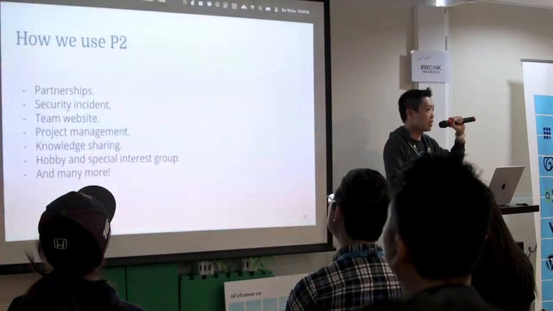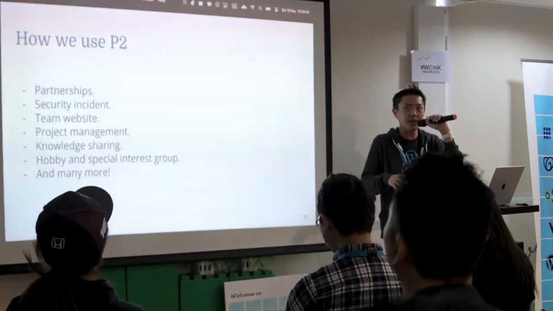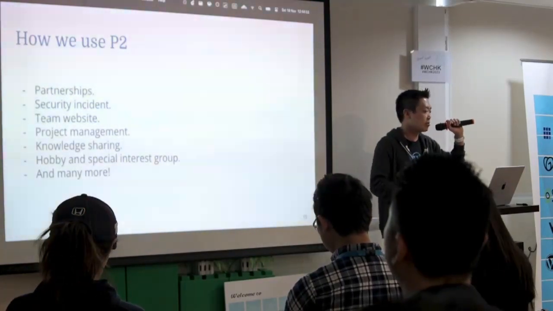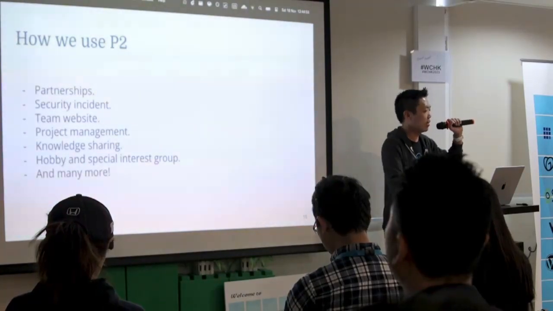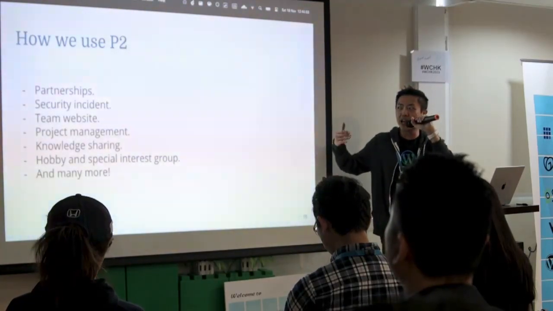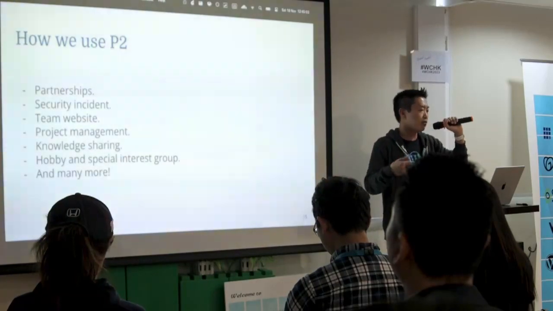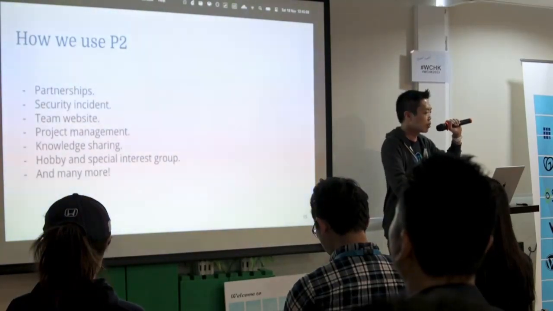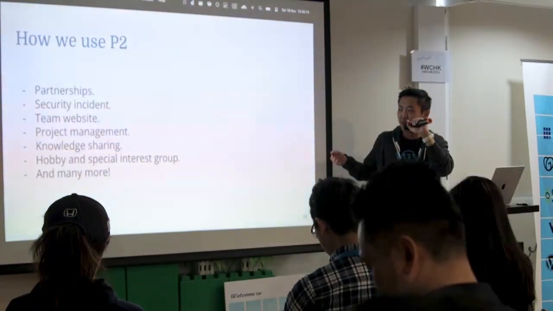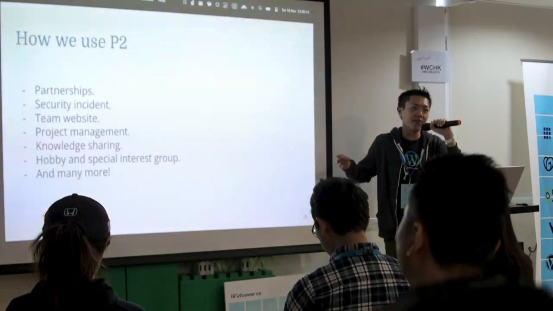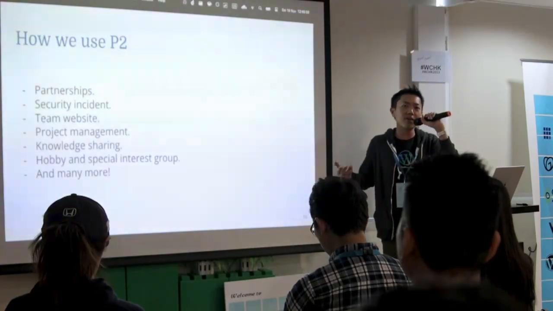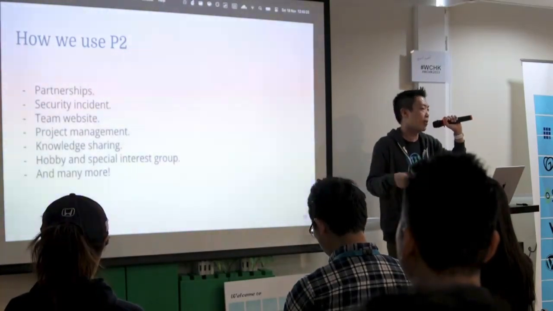Team websites. We have many teams, and each team has their own dedicated P2 site, and that's where the discussion happens. Like, how is your weekly progress? The things happening in the week. Post your status update. Project management: if you have a project, you can have a dedicated project management site, and you post updates about the project, the risks in the project, SWOT analysis, and things. Knowledge sharing, hobby and special interest groups. Let's say you are interested in photography, you can have a photography dedicated site, and many more. If you think of something you want a P2 site for, you can spin out a P2 site, and then anyone can participate in it.